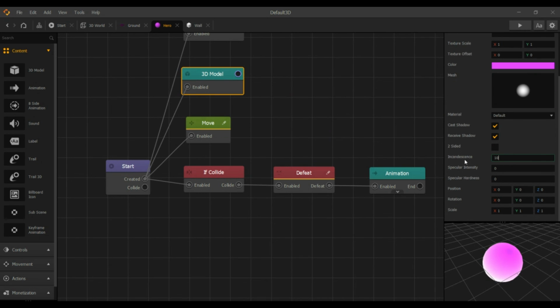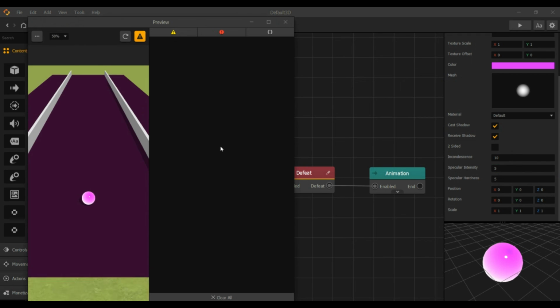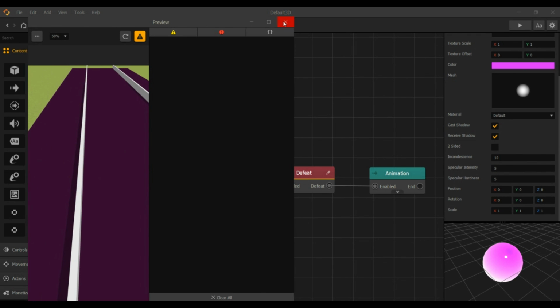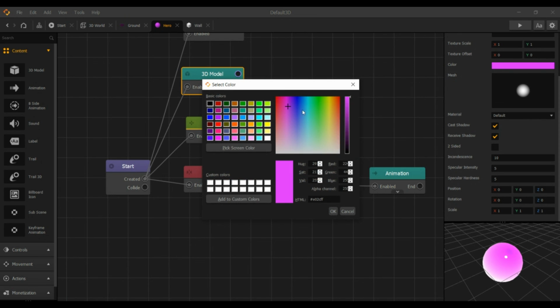Set this to a good texture. You can start this. You will see now this is looking good. Perfect. And I think we can make it a little bit darker. Okay,